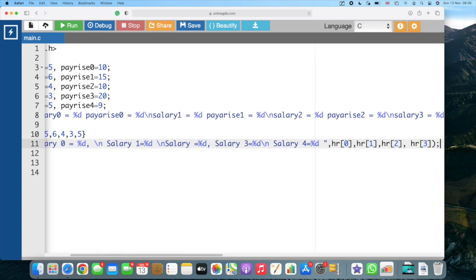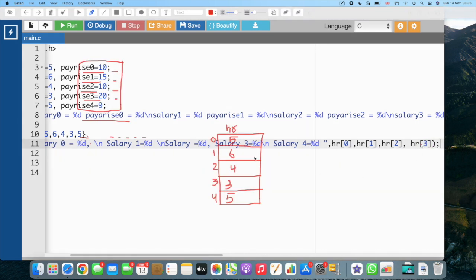But if I carry on doing this, if there's 100 array elements, I have to manually do it. So there's a better way to do this. I'll come back to that. But as you can see here now, the salary,